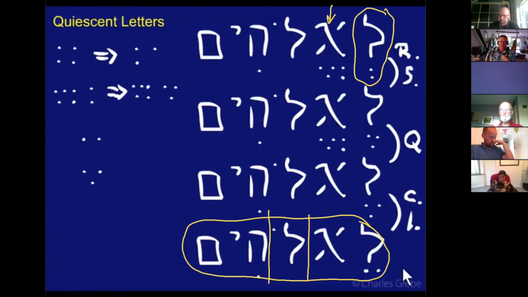So you get, this is now a syllable. But this has become a syllable, while there were first two syllables. Syllable division would be here. So it changes. And that's why I wanted to pause here to make sure you understand what's going on. That from Le Elohim it becomes Lelohim. And the syllable division shifts. The Aleph is now quiet.